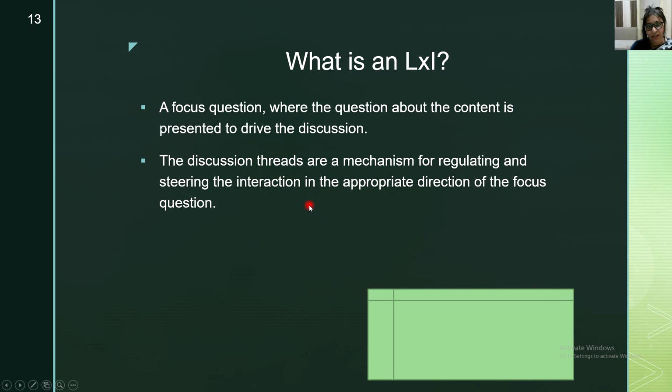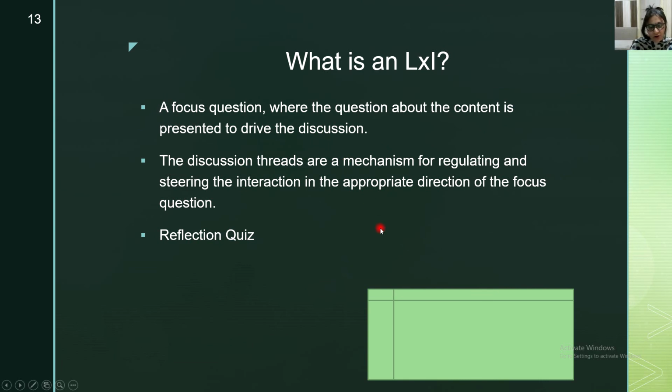Okay, once you are done with that, this is not LXI yet. LXI completes when you insert the reflection quiz. Reflection quiz, suppose एक focus question दिया गया और उस क्वेश्चन के ऊपर मिस्टर ए एंड मिस्टर वाई में बहुत अच्छे से डिस्कशन हुआ. तो रिफ्लेक्शन क्विज में हम ये डाल सकते हैं कि what was discussed between A and Y. So through this we will know that all the learners on the platform have seen the discussion or were part of the discussion thread.